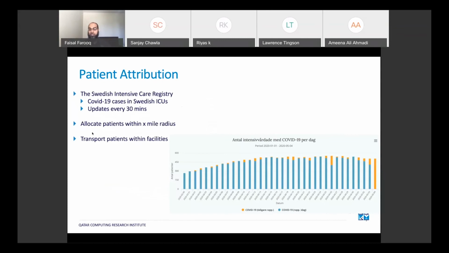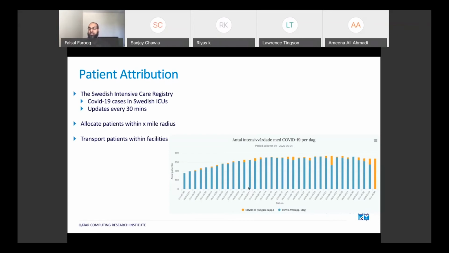What Sweden is doing, this is a chart, and as you can see, the last date on this is May 4. I took the screenshot yesterday just to convey the message. This is a national health ICU registry that is connected throughout the hospitals and is updated every 30